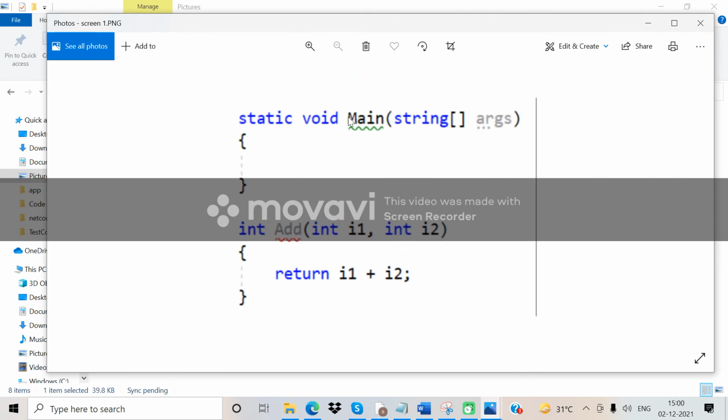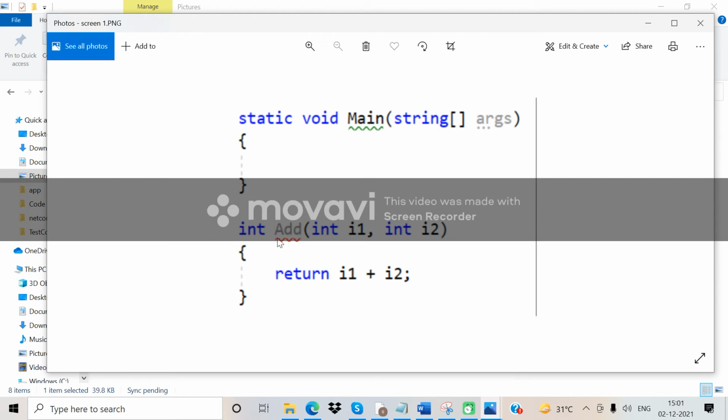Here, static void main shows a green symbol and a red symbol. Why the green symbol? The green symbol on the main method displays the warning kind of things. The second one, int add, is the error kind of things.